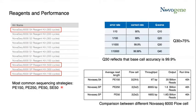The quality of the sequencing is determined by the Q-score. A Q30 is considered to be a benchmark for quality in next-generation sequencing. A Q30 reflects that the base call is 99.9% accurate. Illumina officially guarantees a Q30 over 75%, which means 75% of the reads have more than